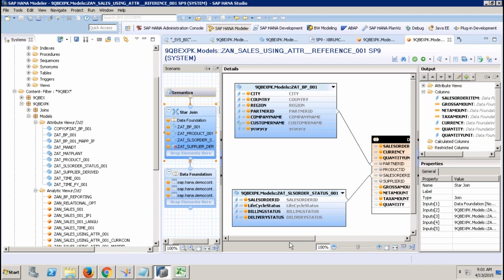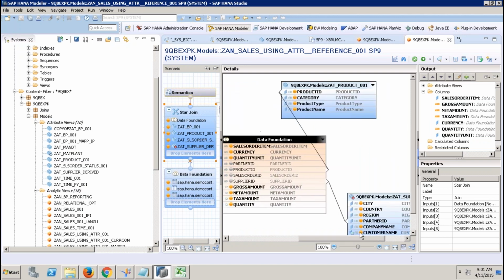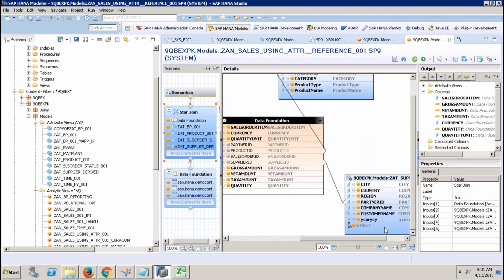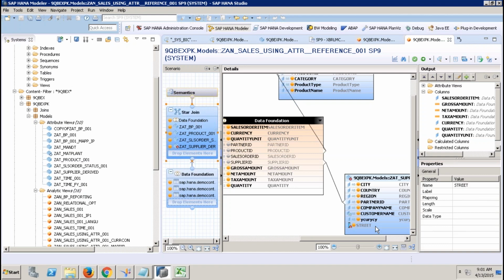Okay. We've actually created some view here and that was modified. Okay, so